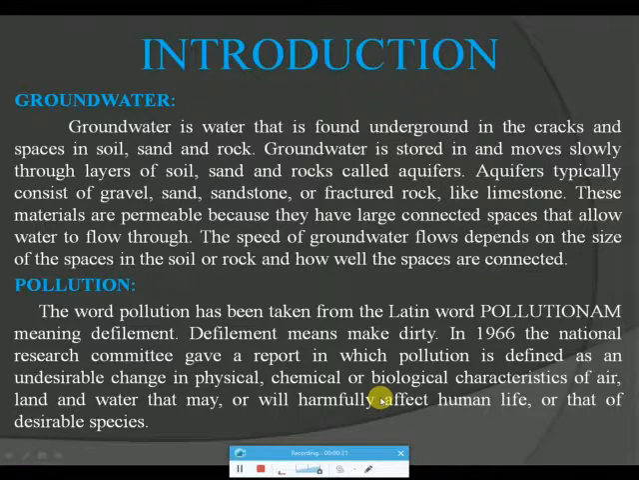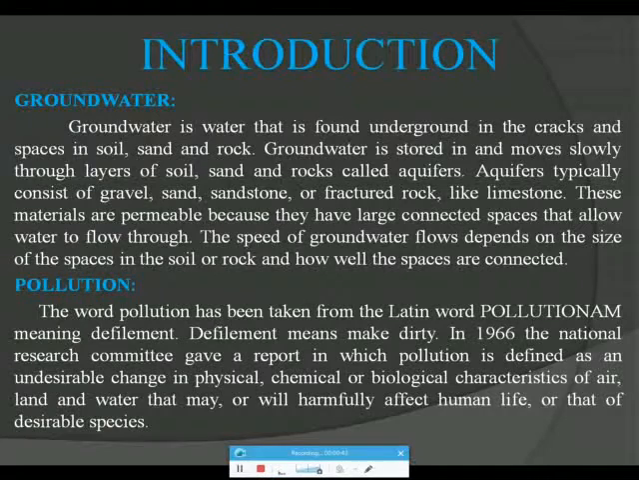underground in the cracks and spaces in soil, sand and rocks. The speed of groundwater flow depends on the size of spaces in the soil or rocks and how well the spaces are connected. Pollution. The word pollution has been taken from the Latin word pollutionem, meaning